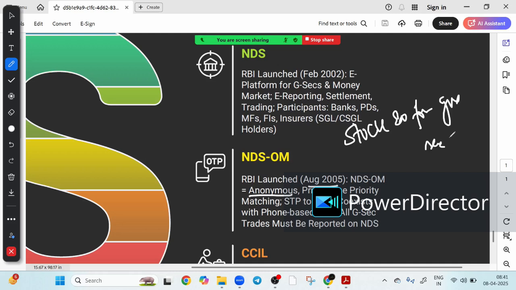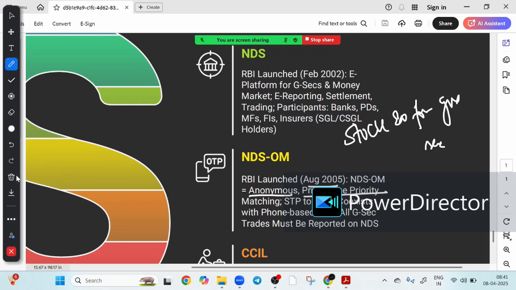Here orders are matched automatically based on price and time priority. So the keyword is price-time priority. Based on this price-time priority, orders are matched automatically, right? Fast, fair and transparent. It is used by banks, primary dealers, mutual funds, insurers and other